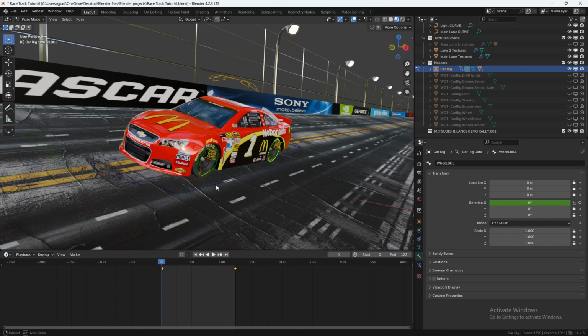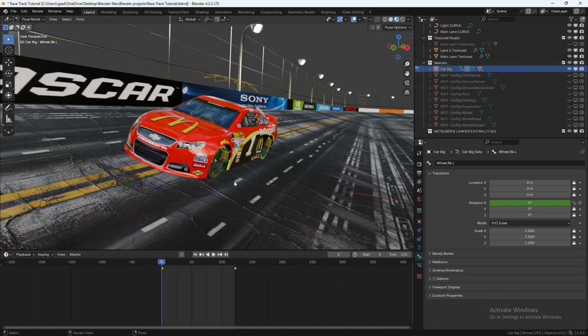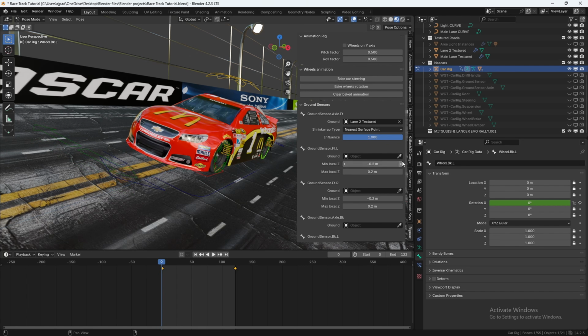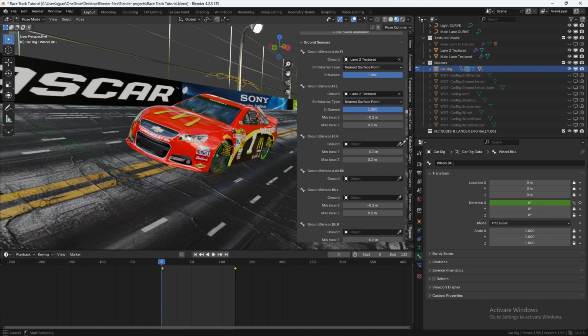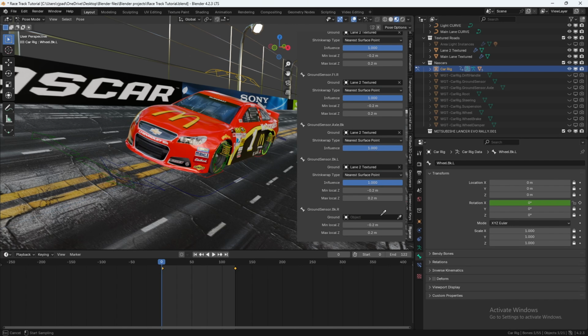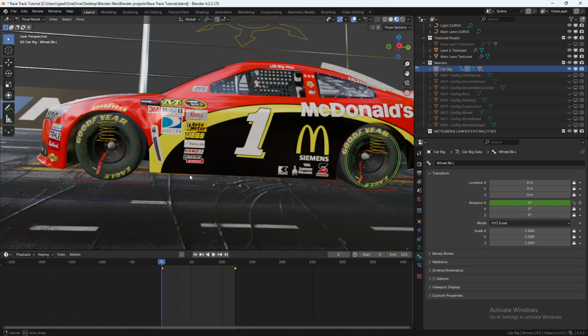Also, if you absolutely want to make sure this car model sticks to the ground of your road mesh, you can use the ground sensors here. But you're going to run into an issue. If you try to make the car stick to the ground using the Rigacar add-on's ground sensors, you'll notice that you'll run into a small issue. So as you can see, I'm using my lane 2 as my ground, but the car is still floating in